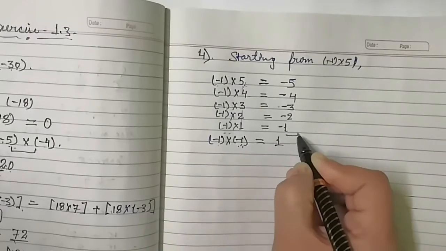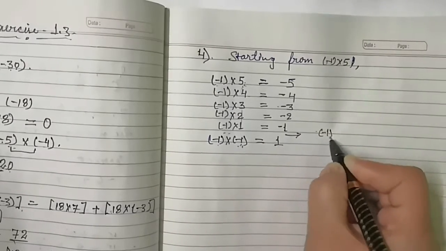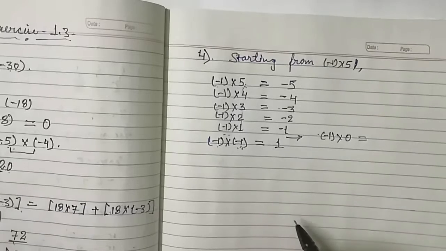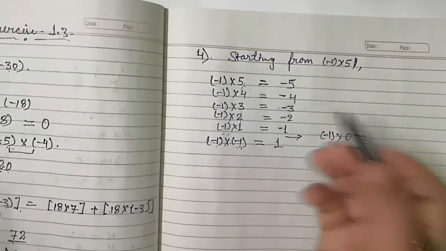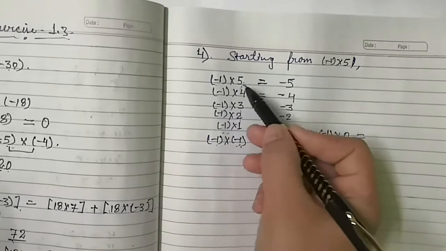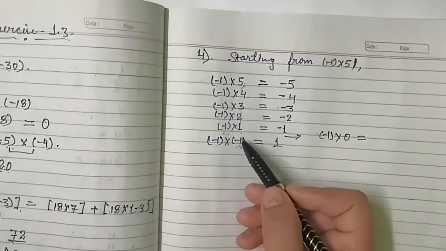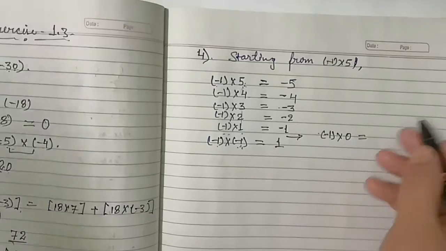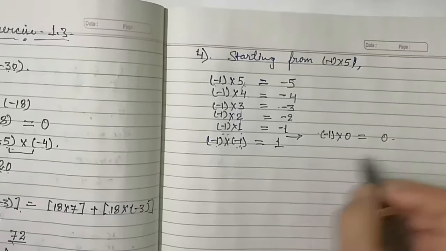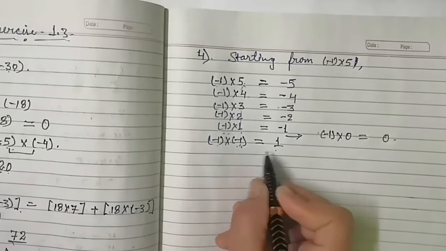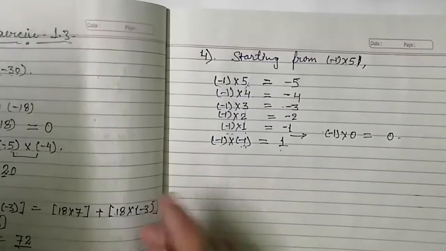Again here one space is not given here. I am writing here, 1 is left. Minus 1 into 0 also will come, because already I taught you integers on number lines. 5, 4, 3, it will come from right to left, then 5, 4, 3, 2, 1, and then 0. After 0, minus 1 will come when we go right to left. Minus 1 into 0, so 0 will be here, and 1 at last. In question number 4 only you will do this one.